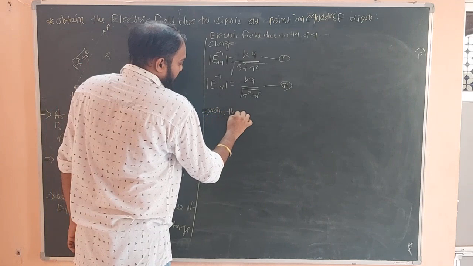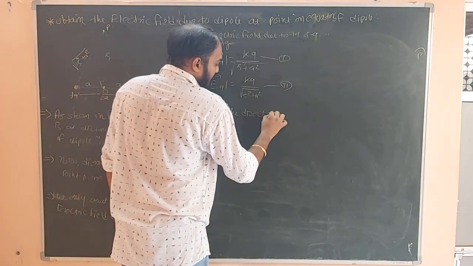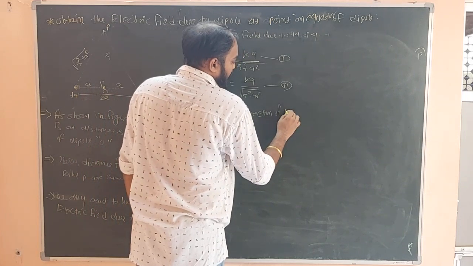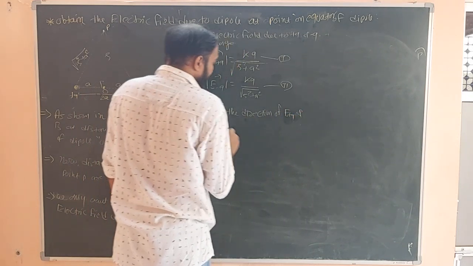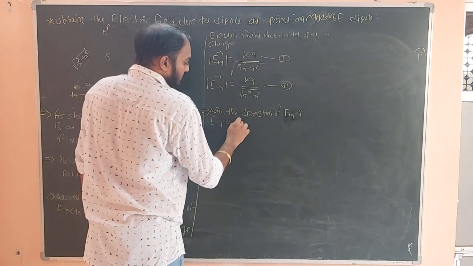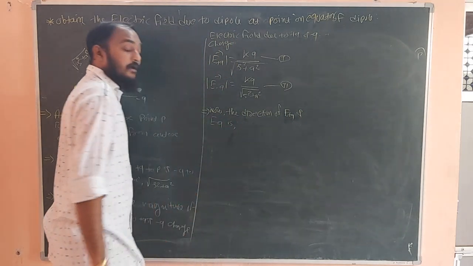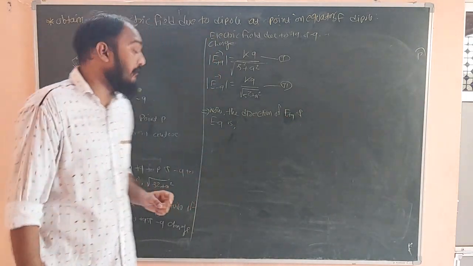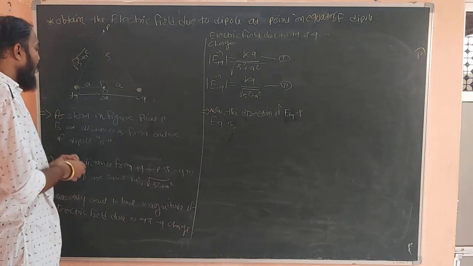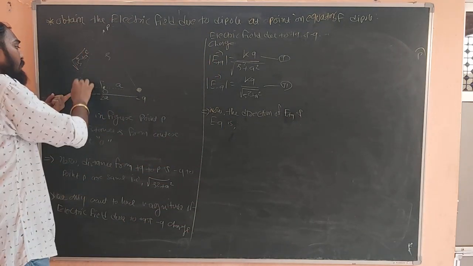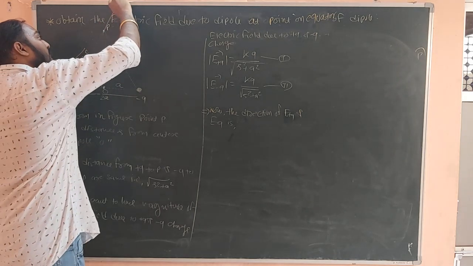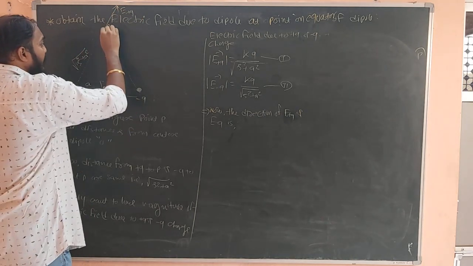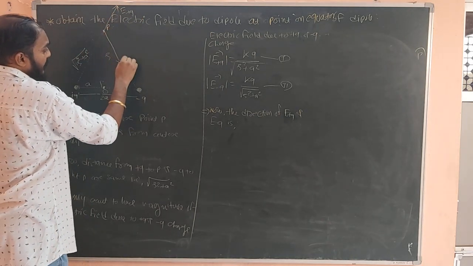Now the direction of E plus Q and E minus Q is, okay. Now I want to find the direction of the positive electric field and the negative electric field produced by the positive charge and the negative charge. In which direction will we get positive? In this direction we will get E plus Q. In which direction will we get the negative electric field? So we will get E minus Q.